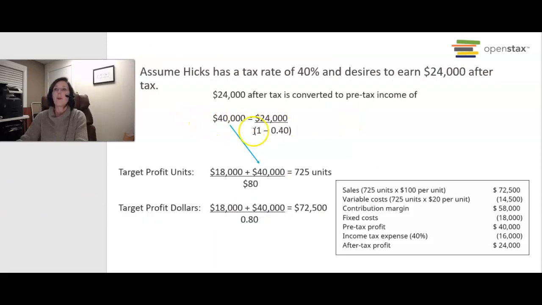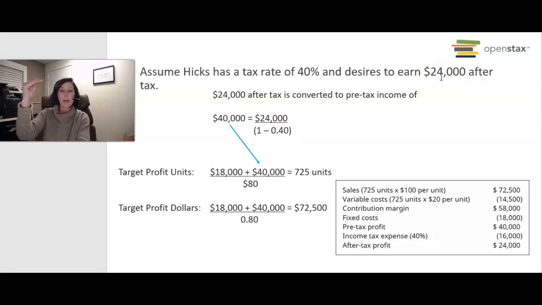And so this is basically what this looks like in terms of a calculation. We've got Hicks and their bird baths. They get taxed at 40%. This is also an old slide because the corporate tax rate's nowhere near that. But anyway, I digress. And they want to earn $24,000 after tax. So in other words,